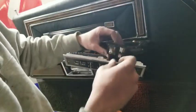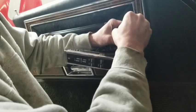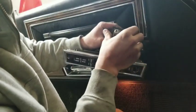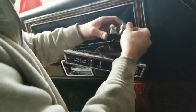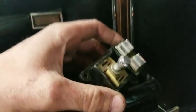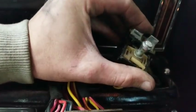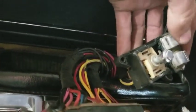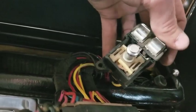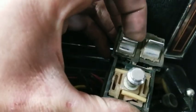And then your whole switch just comes out, and then obviously we just pull it away from the plug-in. But with this on here, I wanted to see if I can show you what you see in here. See that sparking going on? See that? It happens every time